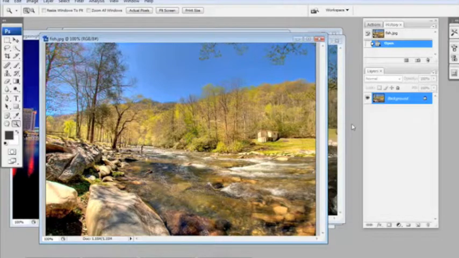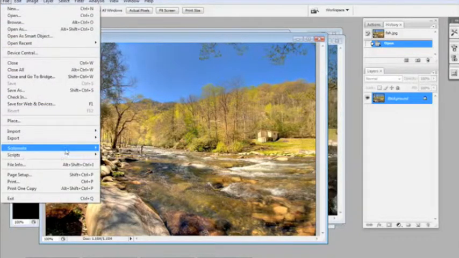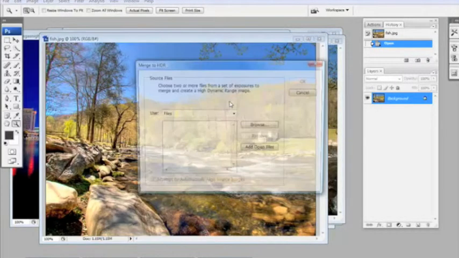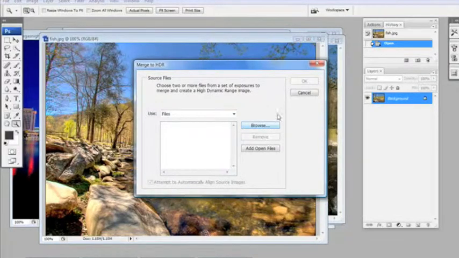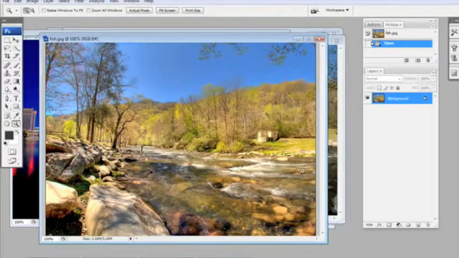So how do you merge your 3, 5, or 7 images into one? Photoshop does have a Merge to HDR facility under File, Automate, Merge to HDR. And here you would browse to your set of differently exposed images, but there's a much better way to go,